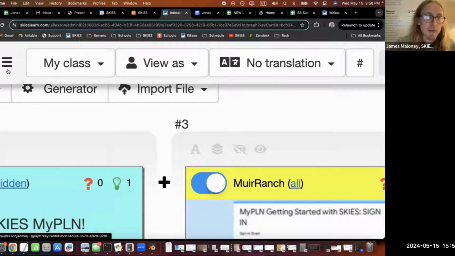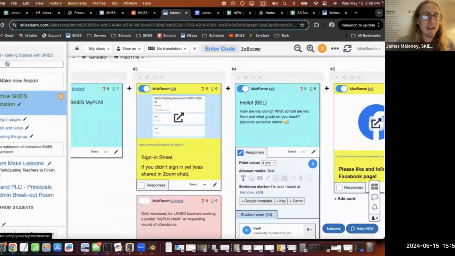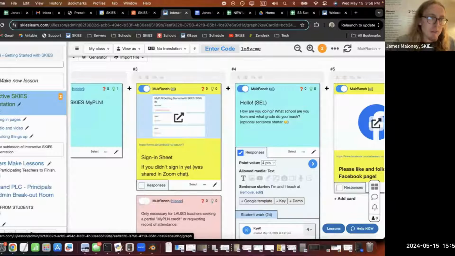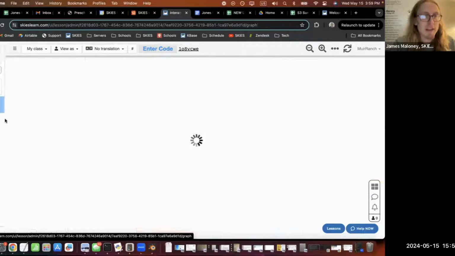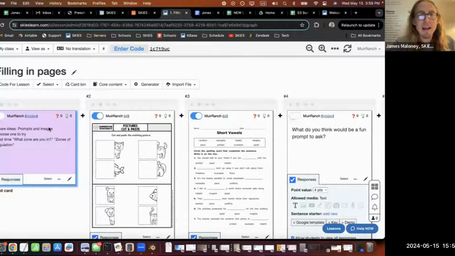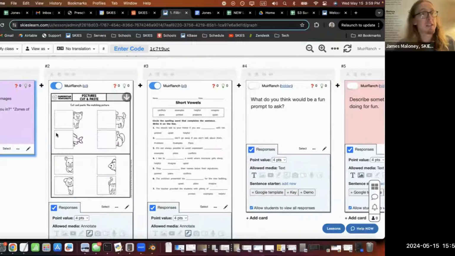which first grade teachers taught me to call the hamburger. So there's the hamburger right here. And if you hit the hamburger, then this table of contents appears. And so this presentation is actually a folder and it's got little lessons inside, and one of them is called filling in pages. And so I'm going to go to filling in pages first, and I have two worksheets,